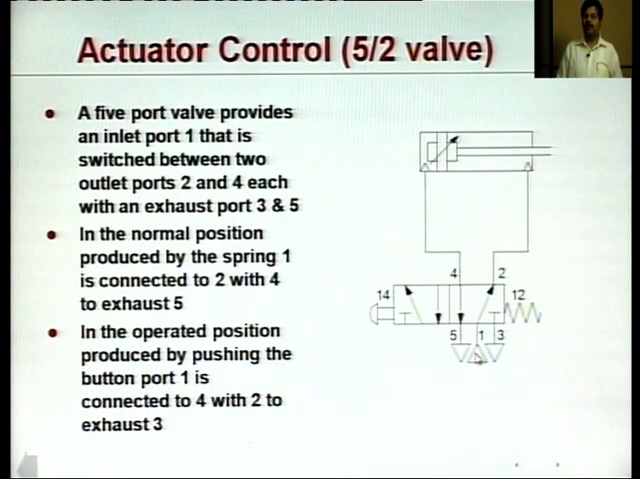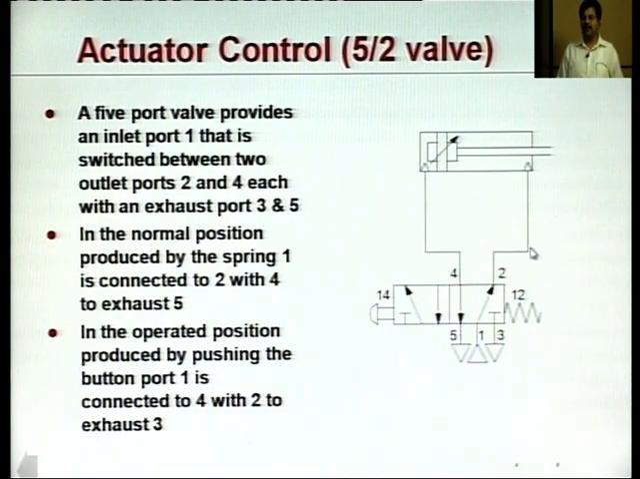Now, in this particular position, when this valve is not operational, or it is in the normal position of this valve, port number 1 is connected to port number 2. As we can see from this symbol, since port number 1 is getting the pressurized fluid from this direction, in turn port number 2 is now getting the pressurized fluid